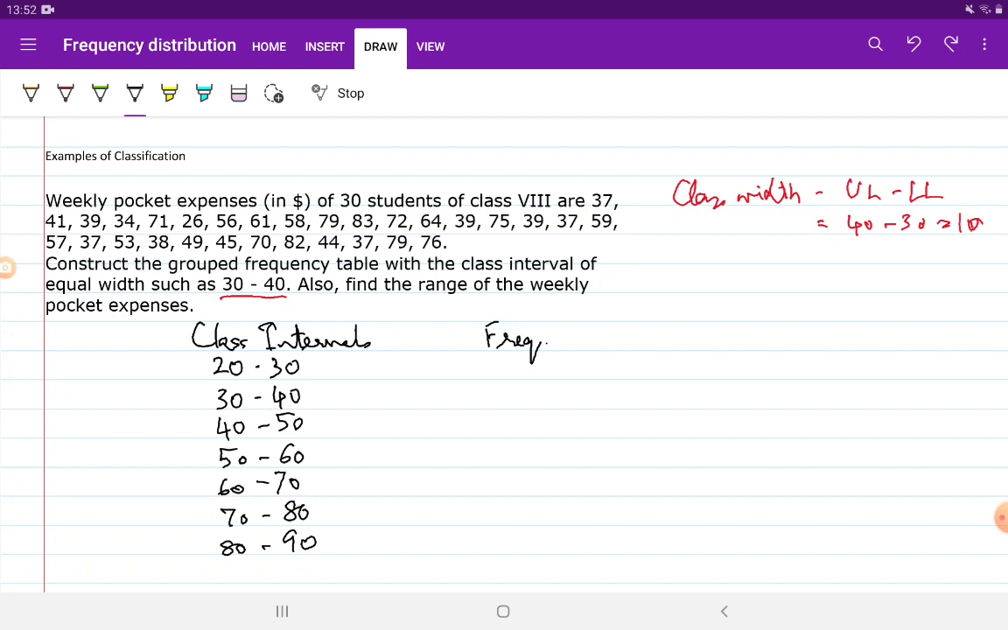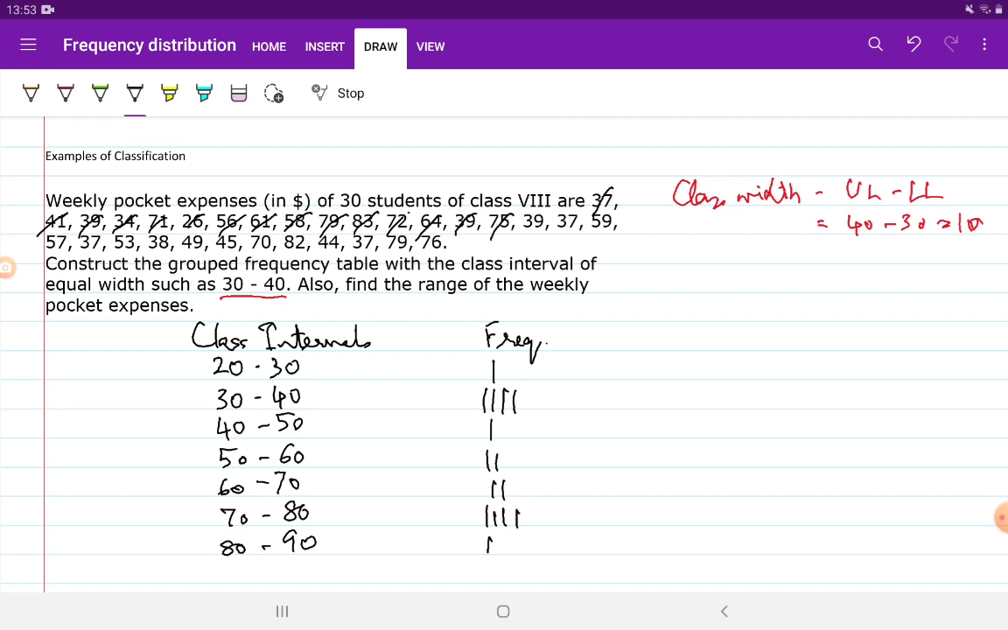Okay. 20 to 30. How am I going to do it? I'll take one at a time. 37 will come in the second interval. 41 is here. 39 will come in 30 to 40. 34 will come in 30 to 40. 71 falls in 70 to 80. 26 is here. 56 is here. 61, 58, 79, 83, 72, 64,